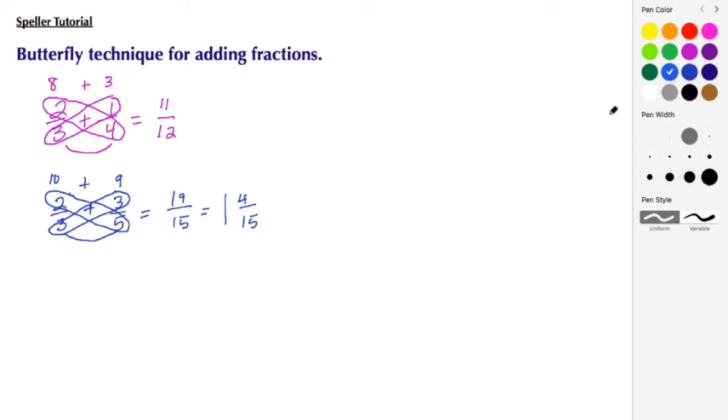Let's look at another example. In this example, let's do 2/5 plus 1/4. Let's do this here. 2/5 plus 1/4. Again, we're going to multiply in this diagonal fashion. 1 times 5 to give us 5, and then we're going to multiply the 2 times 4 to give us 8. We add these two values together, 8 plus 5 to give us a numerator of 13, and then we're going to multiply the 5 times 4 to give us 20. So here we see that the answer is 13/20.